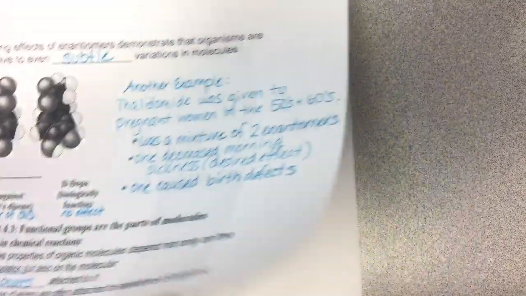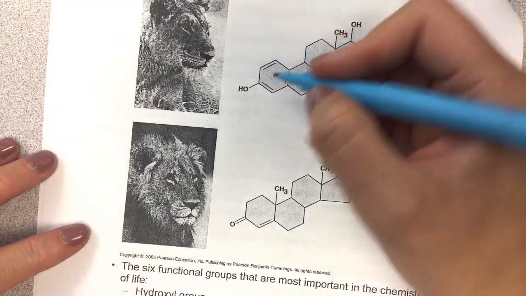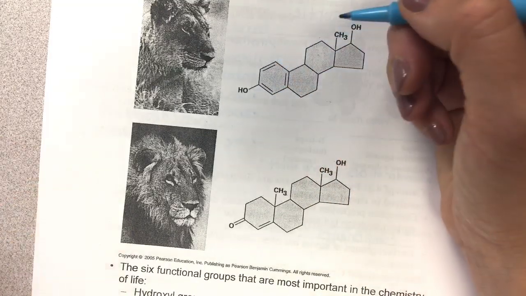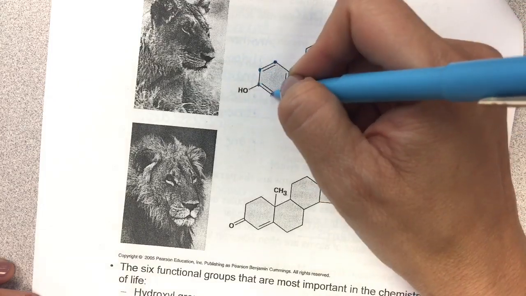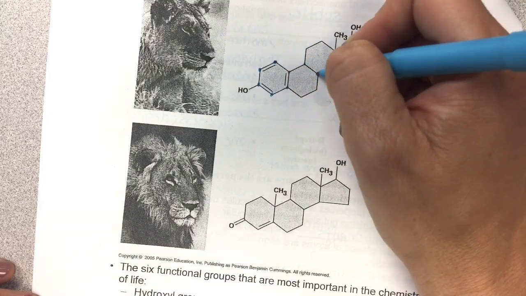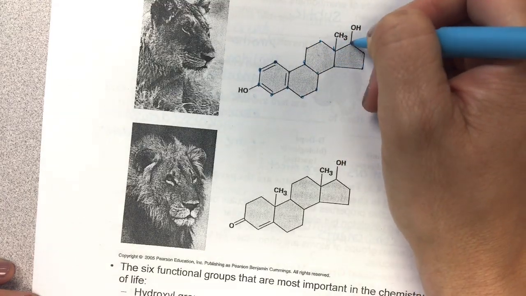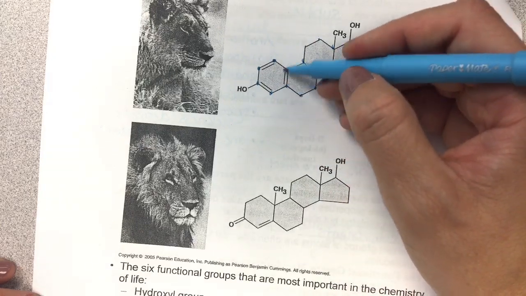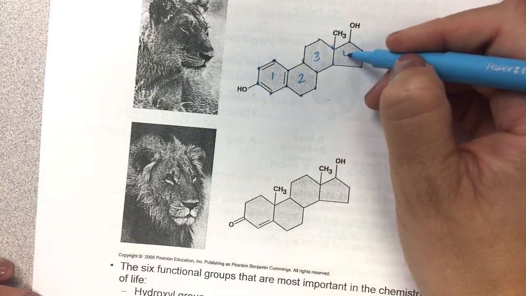So let's look at the next page. What we are looking at here, when you're looking at these molecules, these are the bonds between carbon atoms. So when you're looking at a ring like this, the book is going to assume that you know that each one of these points is a carbon atom. All right, so each one of those is a carbon atom. And so they're showing you the carbon skeleton here. And so this molecule is 4 rings that are fused together, meaning that one side of one ring is one side of another ring. That's the fusion part. So we have 1, 2, 3, 4 rings here.